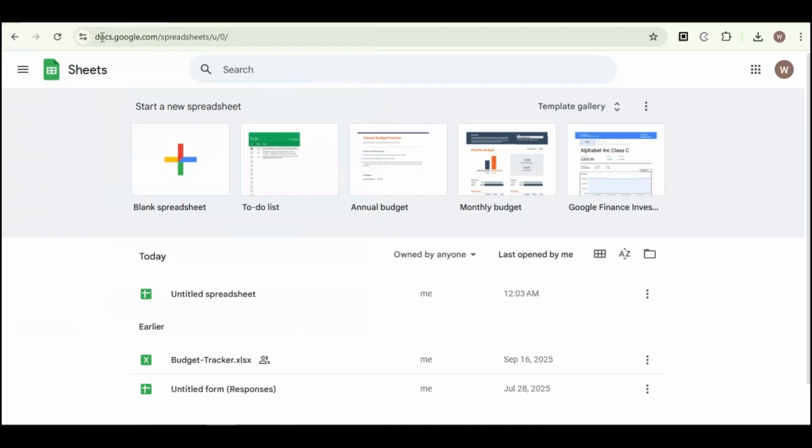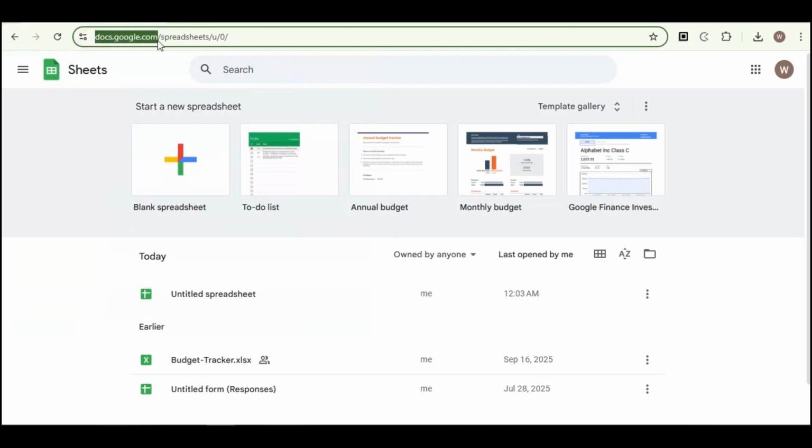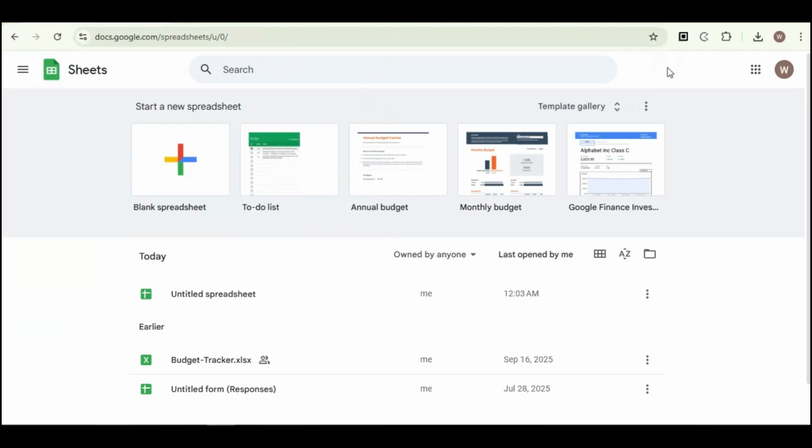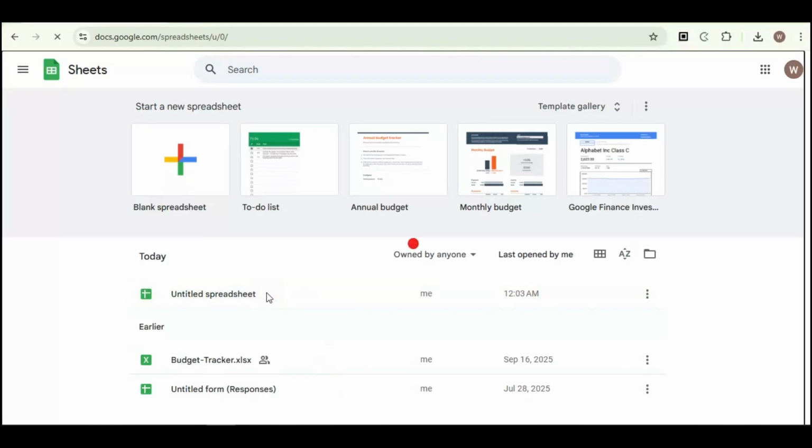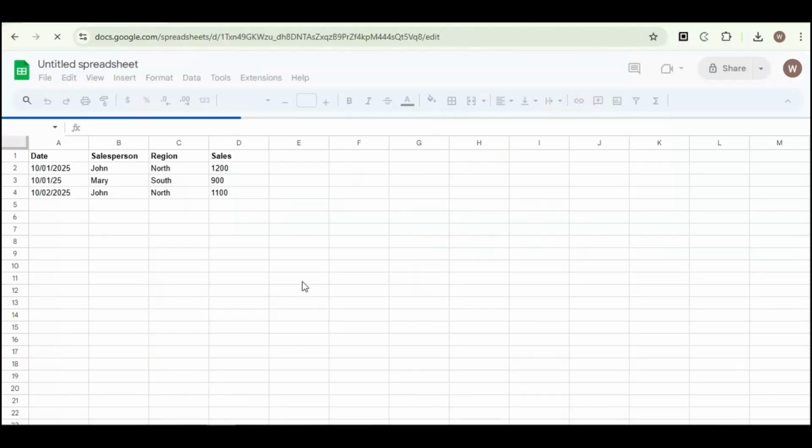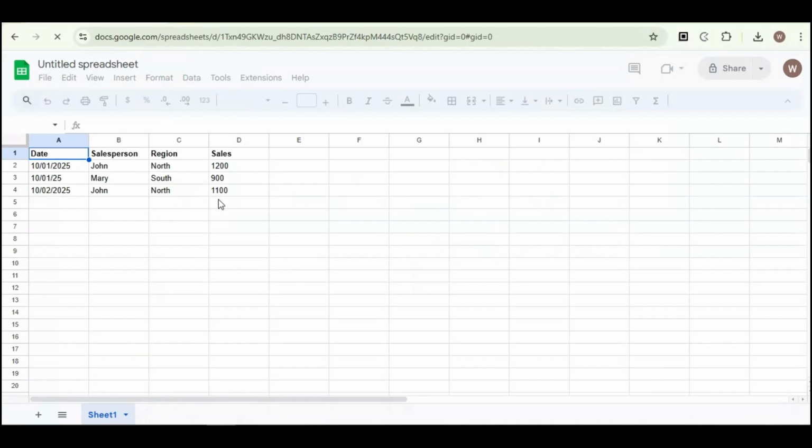First, go to docs.google.com in your web browser and log in to your Google account. Once you're inside, you can either start a blank spreadsheet or one of the spreadsheets provided by Google Sheets, or you can even work on a previous Google Sheet that you've already started. So for this video, I'm going to choose this, as this is where I pre-prepared a table that we would